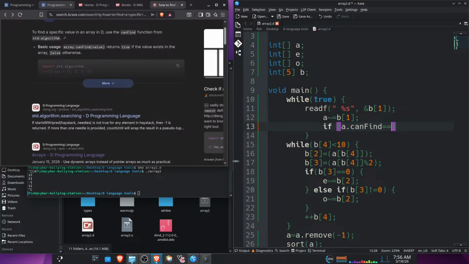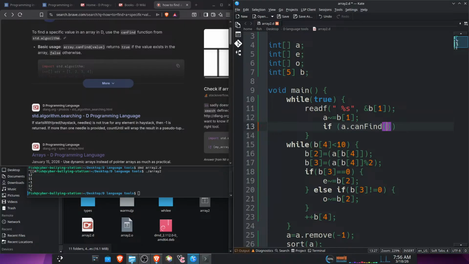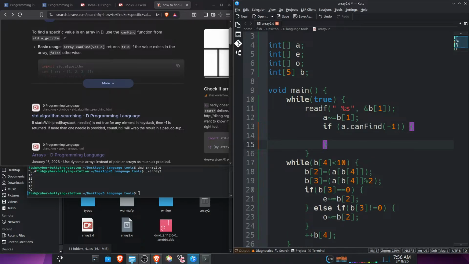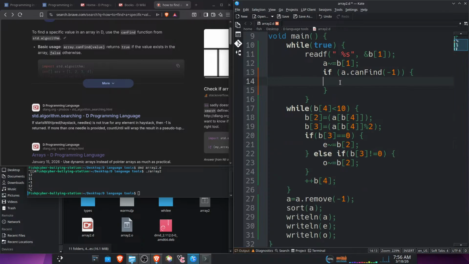$42. Oh, parameter right there. If array.canFind, and then it will be like -1. Wow. Thank God I don't have to write that myself. Array.canFind, guys. Good God. Imagine if I had to write out a method of finding if it can find -1. Maybe next time, the next challenge would be to write that without using if a.canFind